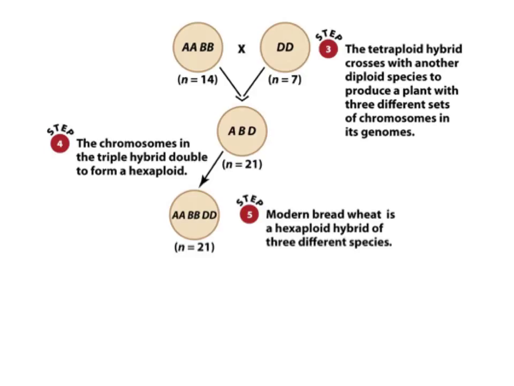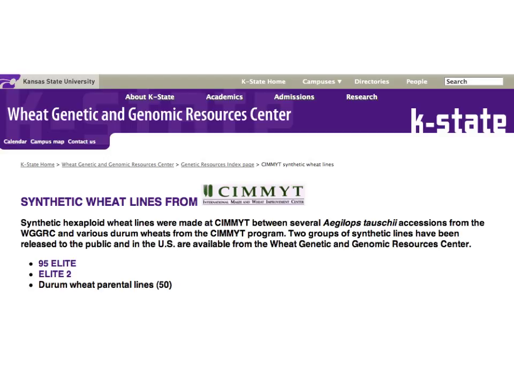Yeah, you could maybe try to replay that evolutionary history in a lab and go through and force hybridizations, treat them in certain ways that would facilitate chromosomal doubling, and then recreate history. And that's exactly what they did at Kansas State a few years ago. They made synthetic wheat lines, and they did that exact same sort of creation of polyploidy from these diploids. First, they had to come up with the hypothesized ancestors, right?